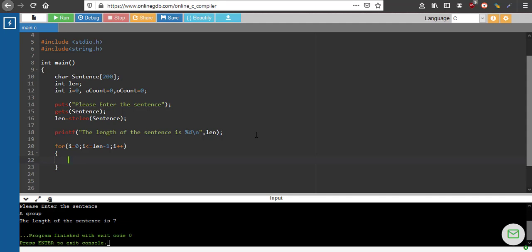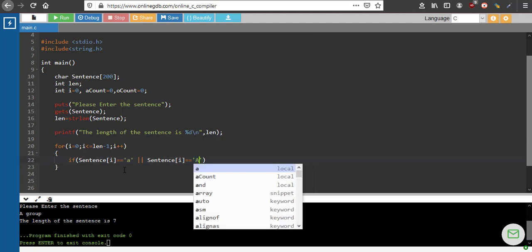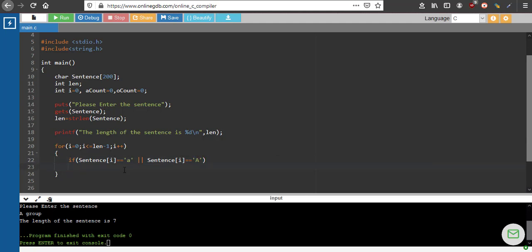Now, I have to check if the character corresponding to the ith element is equal to small case a, or I'll just copy this, capital case A. Okay, then a count plus plus. I have to increase the value of a count by 1.